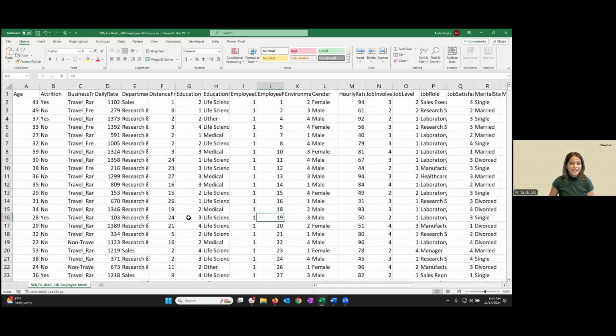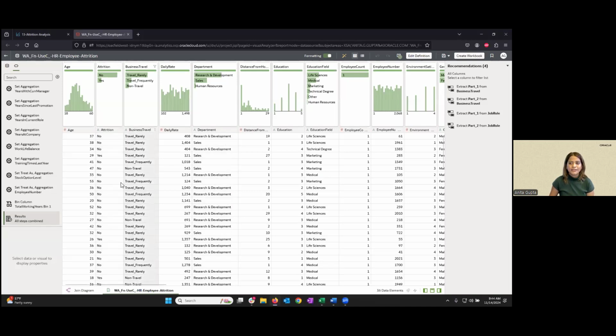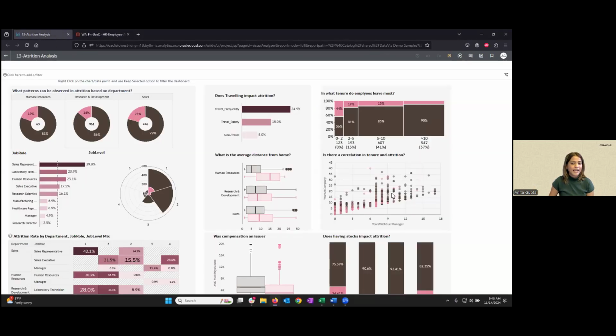So what I did is I uploaded this Excel in Oracle Analytics, and I did the data manipulation steps there. Let me quickly show that to you as well. On the left-hand side, you can see some of the data manipulation steps I have done here with just a few simple clicks. And I brought this cleaned data set into a workbook. And then I created the charts and visuals and assembled them in the manner that you see here.